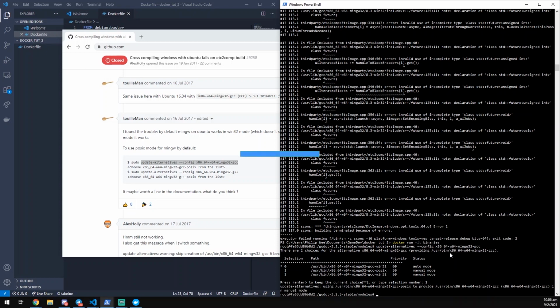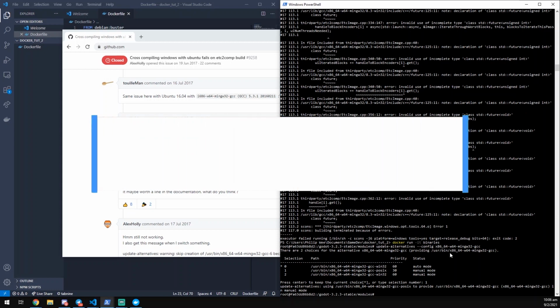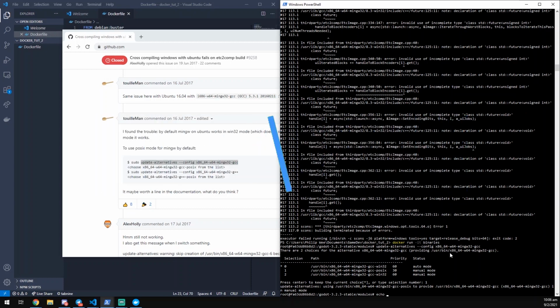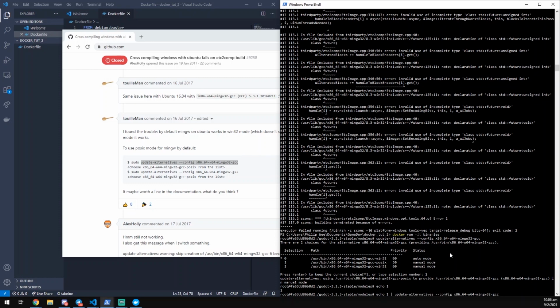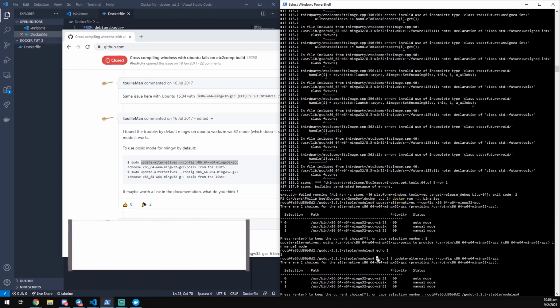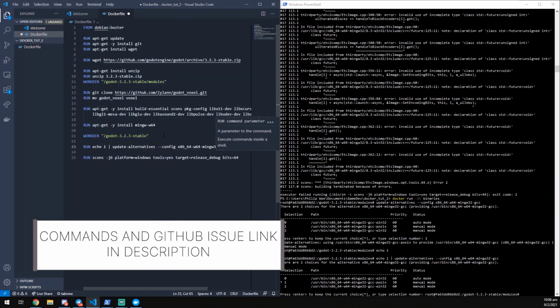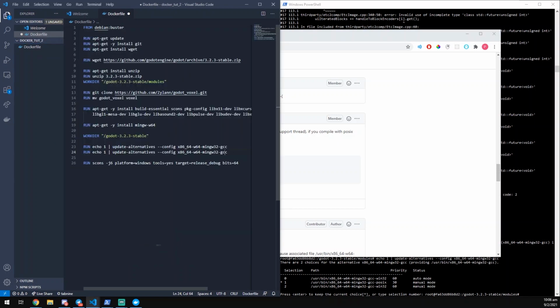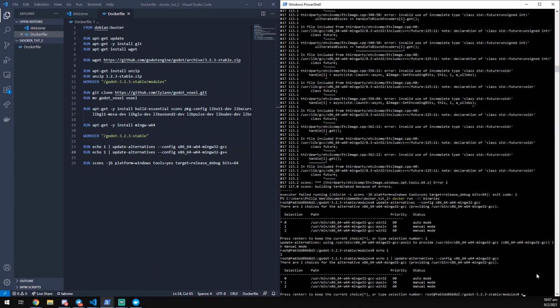However, this data is only stored in the container, and the data will be lost once the container is closed. Hence, we need to do it as a one-liner. We print 1 and pipe the output into the command. And now we can run it as a one-liner. Voila! You have solved the POSIX bug. Copy and paste the one-liners into the Dockerfile. Save the file and rebuild the image.